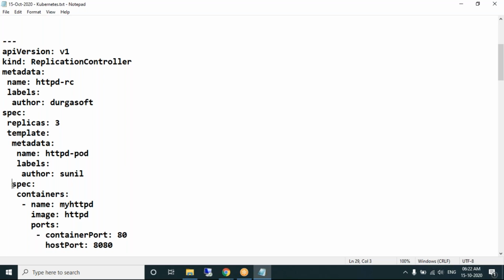The second specification should be in line with metadata, because both are children of template. When you're creating a replication controller, you need to mention the template. According to the template only, it gets replicated. So in the template, it should be matched with the specification.